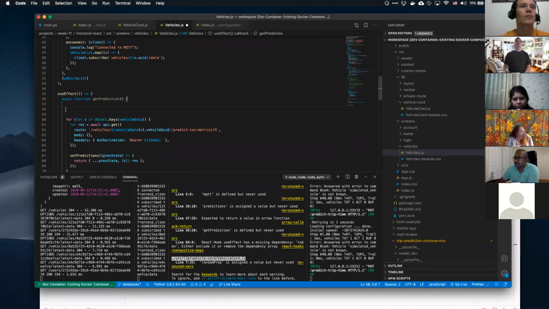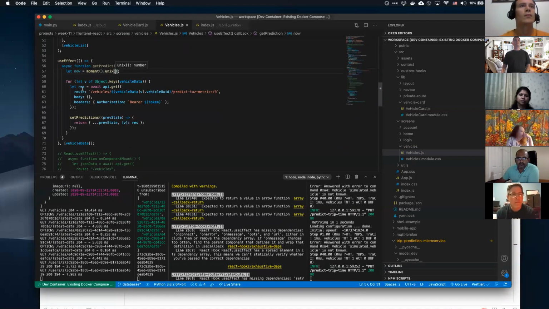So what we can say is let now equal moment.unix timestamp. So that's what the current time is.